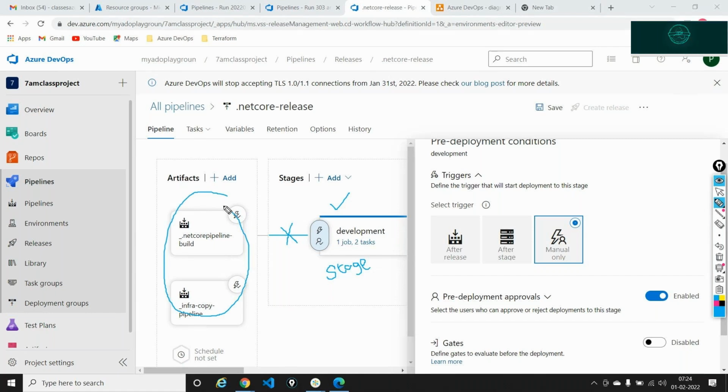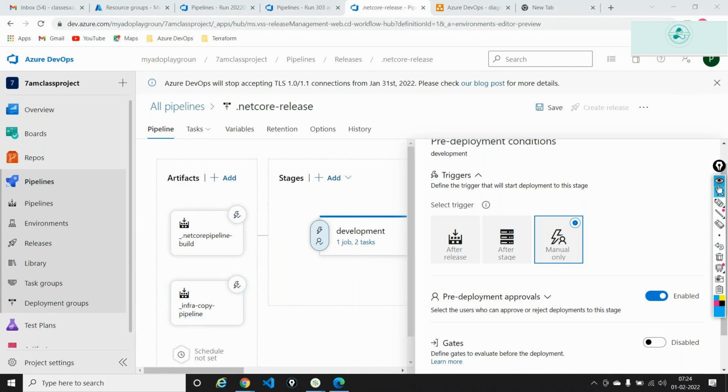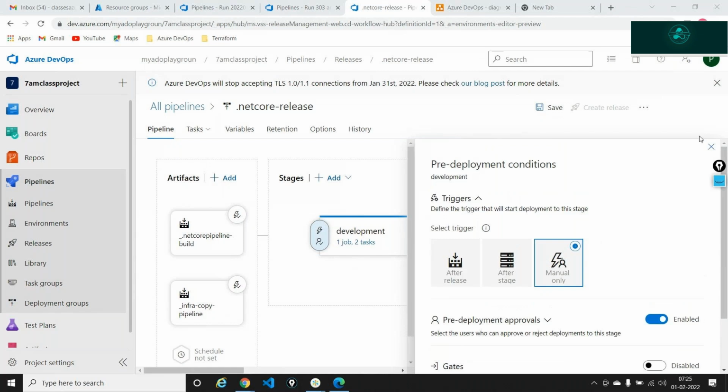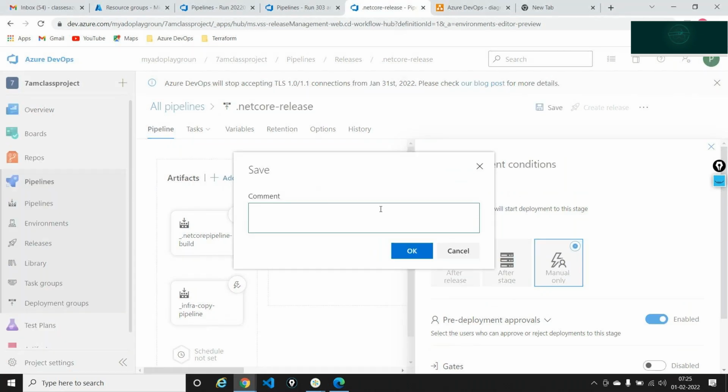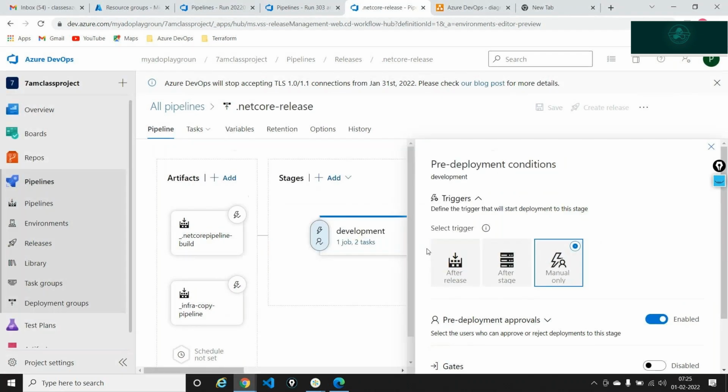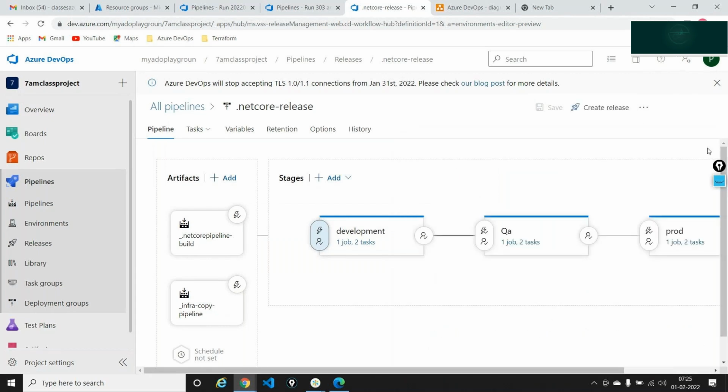It's a manual approach, meaning I have to, as let's say a DevOps engineer, or as let's say the lead of a development team, go ahead and click on deploy here. So this is what is going to happen right now. If I save this, I'll say this is manual, and if I say create release,